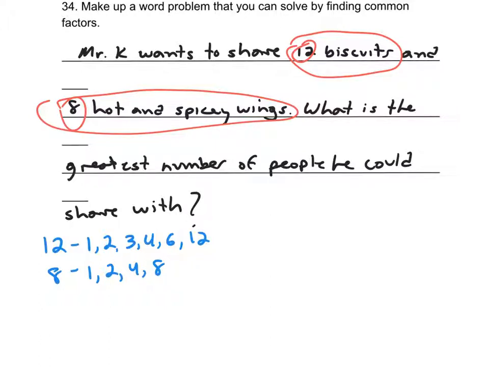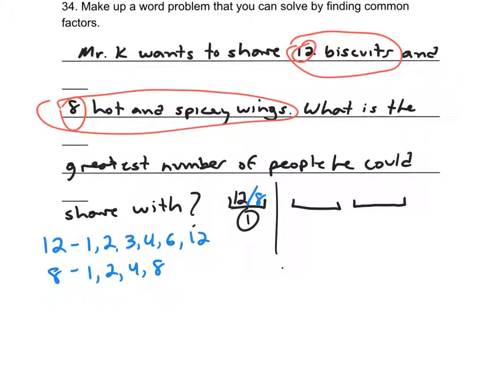So we could do, we'll make some plates here. We could do one, this is one plate, and I would have 12 biscuits and 8 wings if we had this one plate. So that's not sharing with a lot of people. What if we had 2 plates? 2 plates, there's 1 and 2. So if we had 2 plates, we could do,